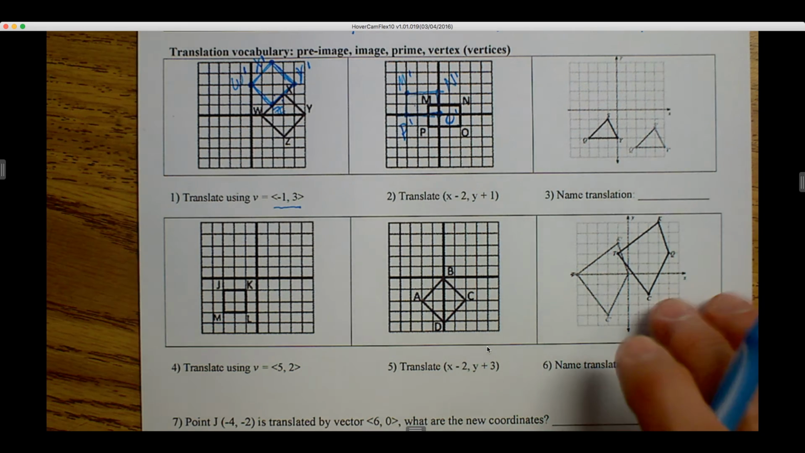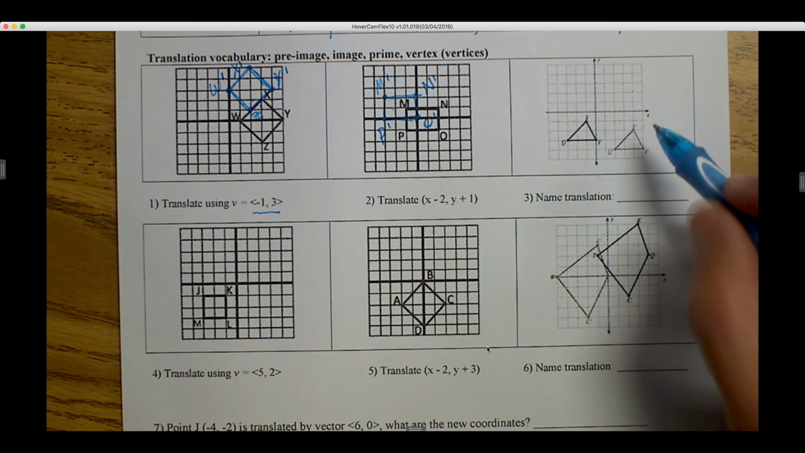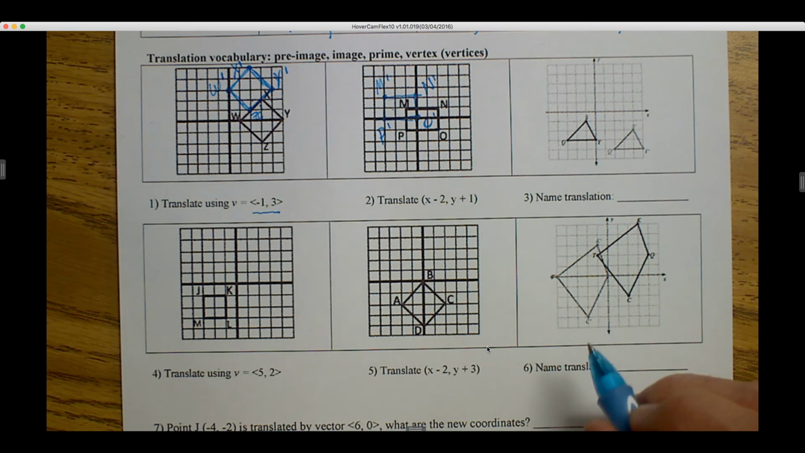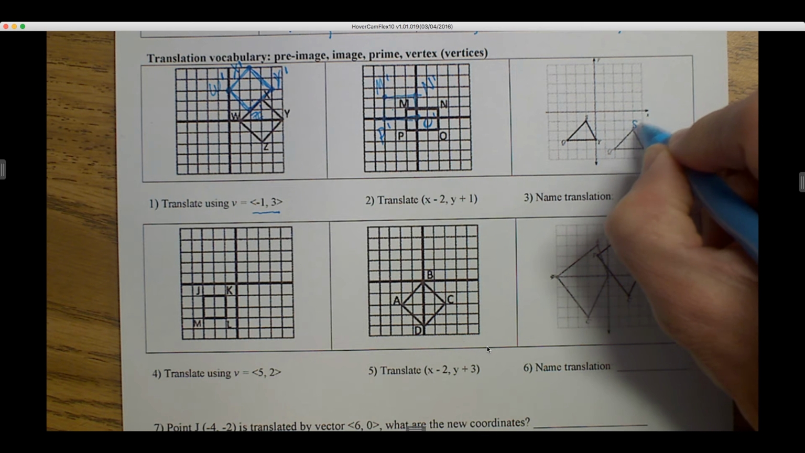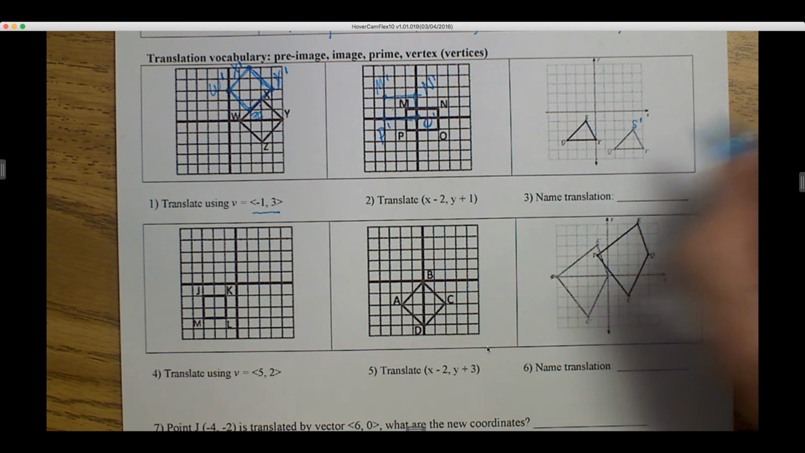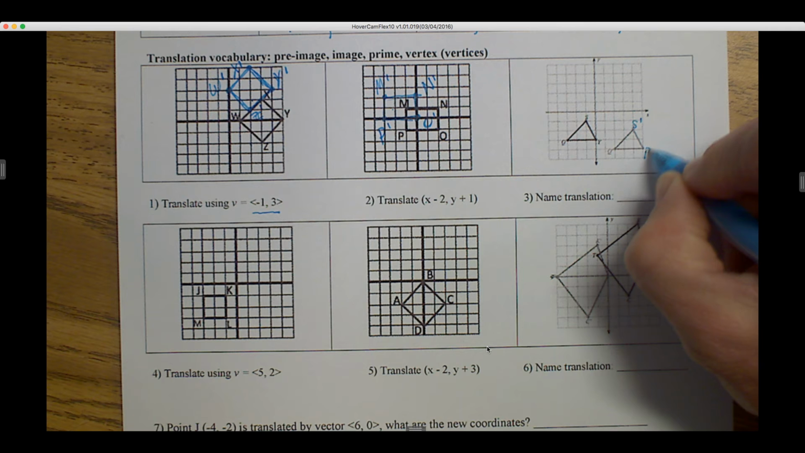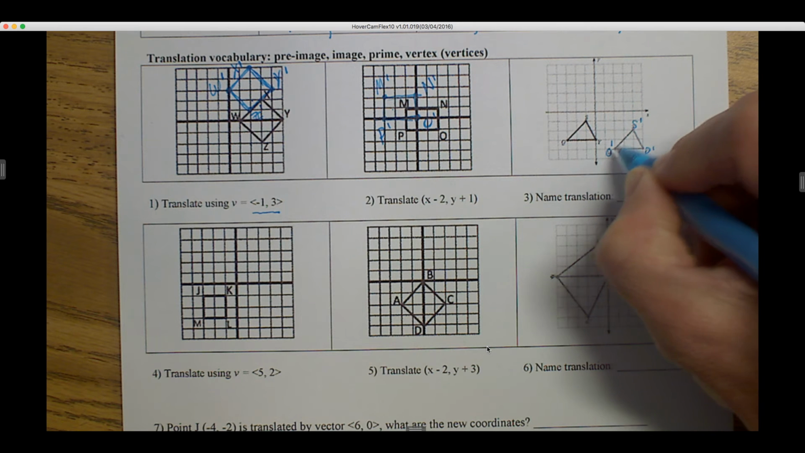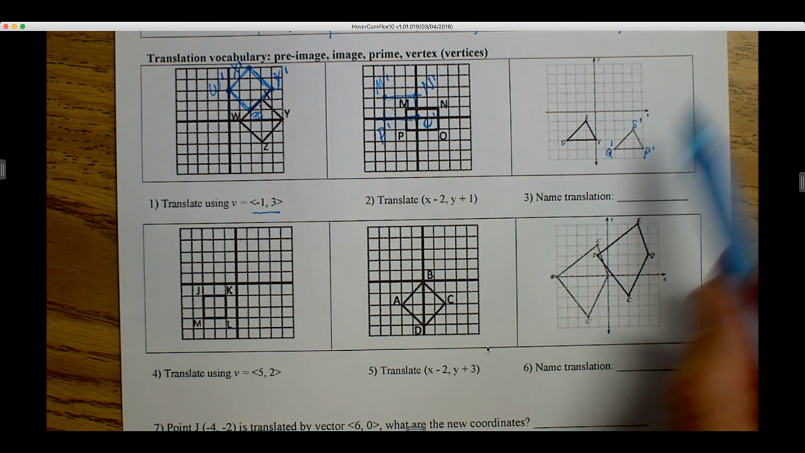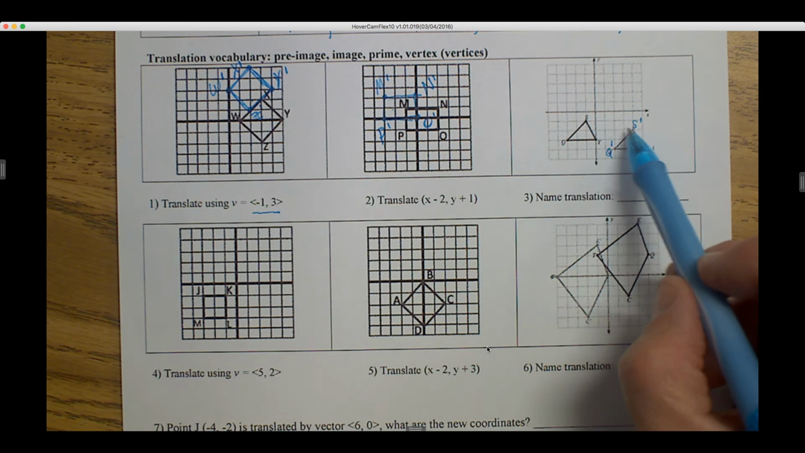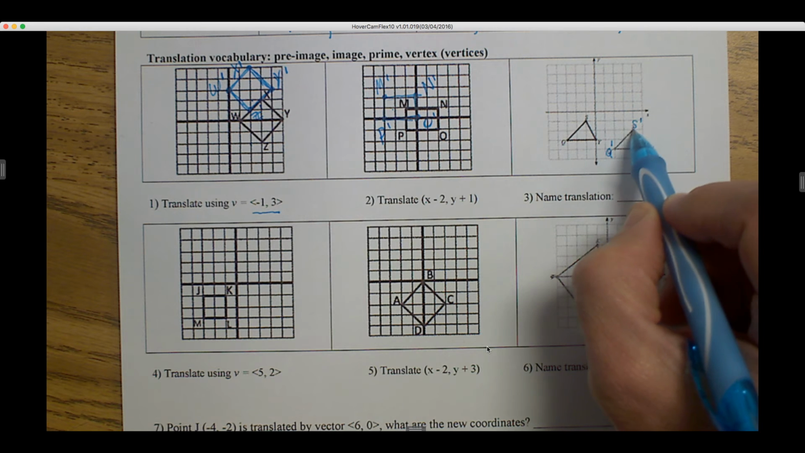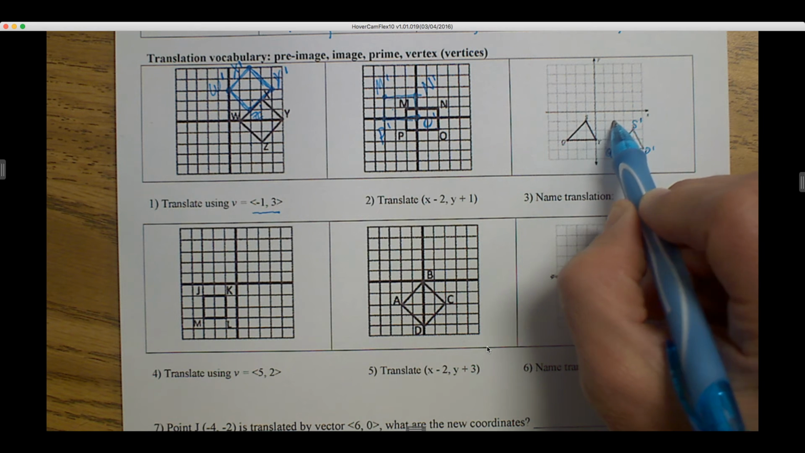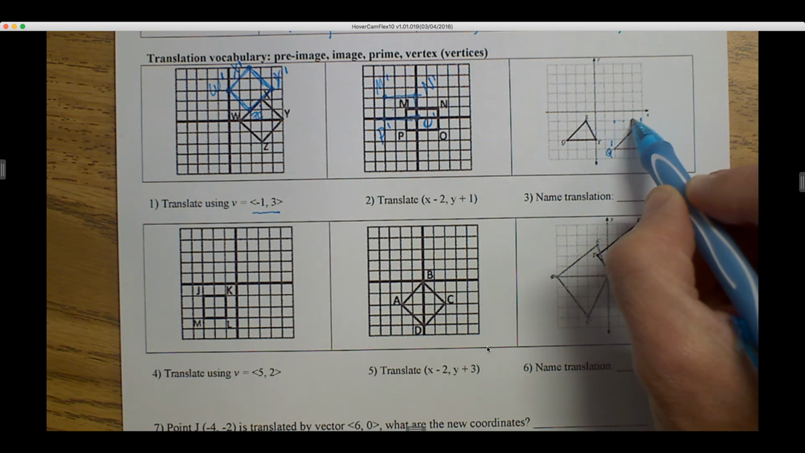That's another example. In the third example here, we've got both images already done, and it's asking us to name the translation. I know it might be hard for you to see, but this is the image, S prime. I think that's a P prime, and this is a Q prime. So we have to figure out how did we get from the pre-image to the image. And we just go from S to S prime. And let's count. 1, 2, 3, 4, 5 units to the right, 1 unit down gets us from S to